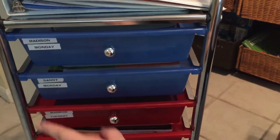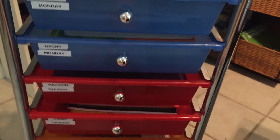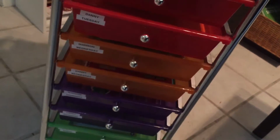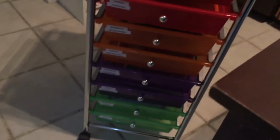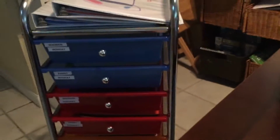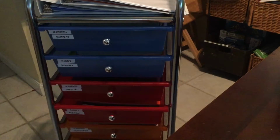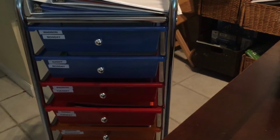Madison's Monday, Danny's Monday, Madison's Tuesday, Danny's Tuesday, and all the way down to Friday. Now Fridays we don't do a whole lot. Fridays are mostly our catch-up day and fun activities. But this is only our second week of school, we started last week, so I've put a couple extra things in Friday just to do some review